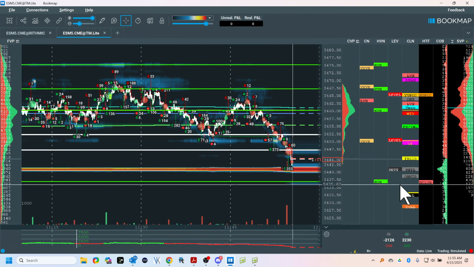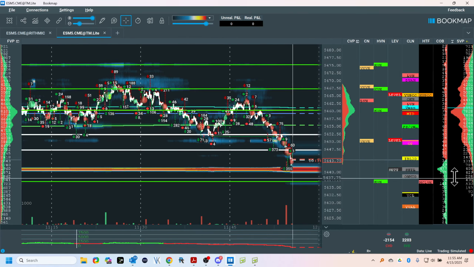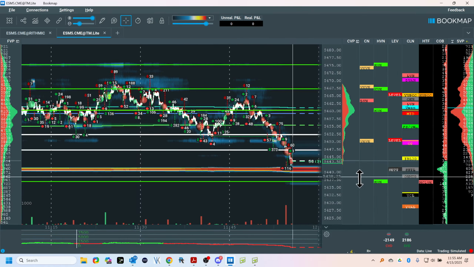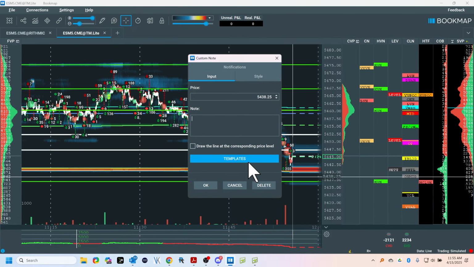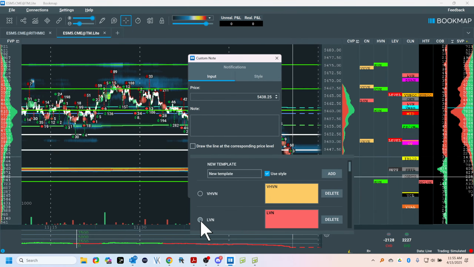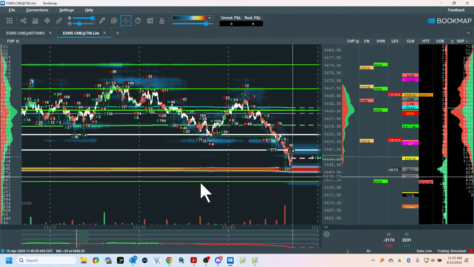Outside edge, low volume node is sitting there, right under this liquidity. So we're going to just take a look at this. It's not a recommendation. And we're going to see if there's behavior around the liquidity and the outside edge. Let's just see what happens.